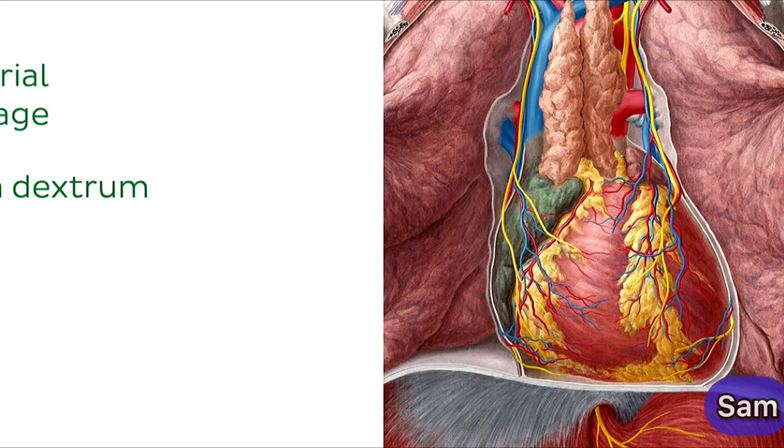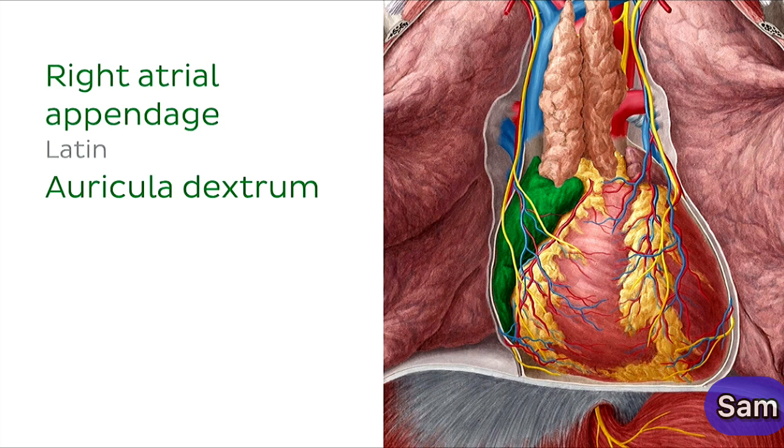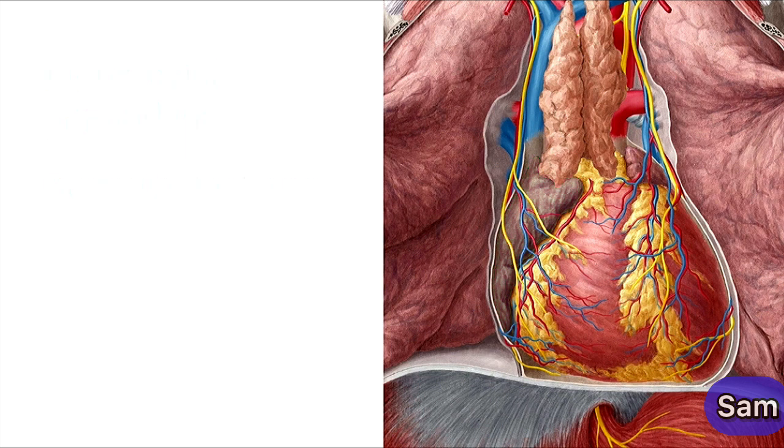Meanwhile, the right atrial appendage sits just on top of the right ventricle, and you can probably see how prominent it is. With the heart in situ, it actually covers a lot of the right atrium. Okay, so now that we've covered the chambers and appendages seen with the heart in situ, we'll check out 3